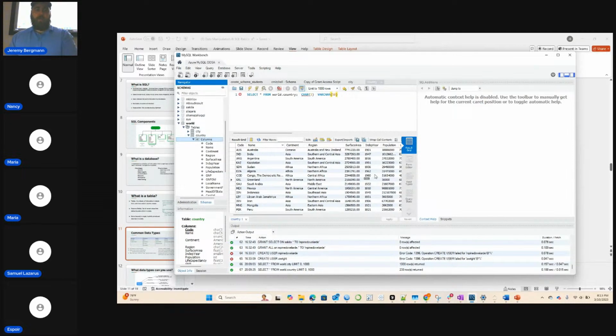Usually it's a number of characters and then the number of significant digits after it. So this would be your total number of digits, 1, 2, 3, 4, 5, 6, 7, 8, 9. So it'd be like decimal 9,2. So 9 total digits, and then 2 significant digits at the end after the decimal point.